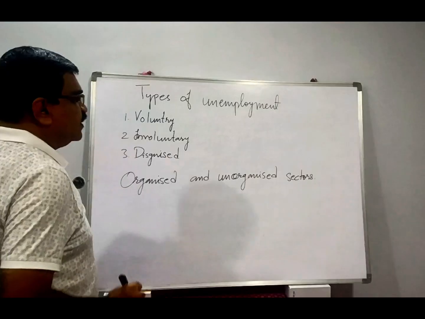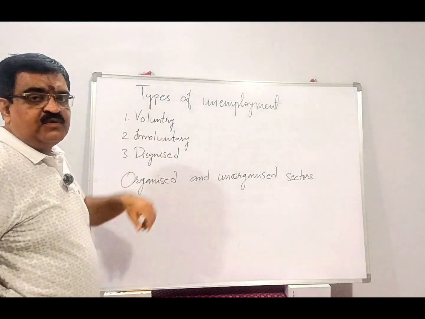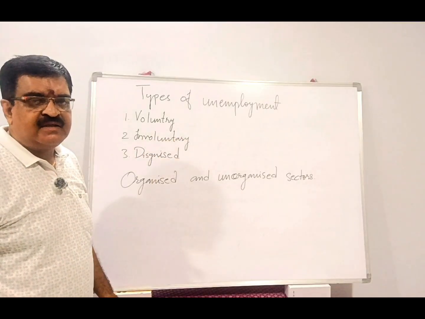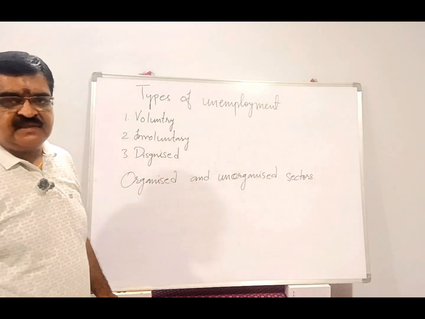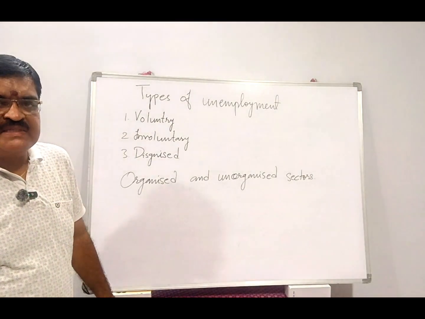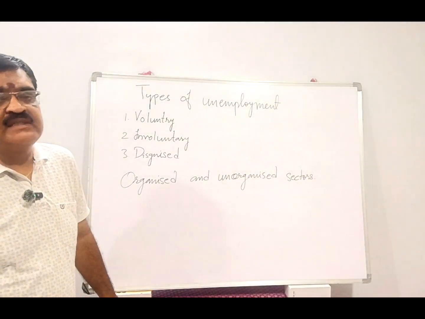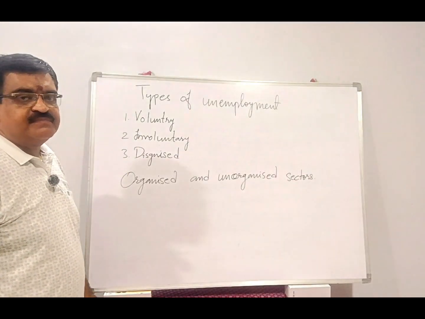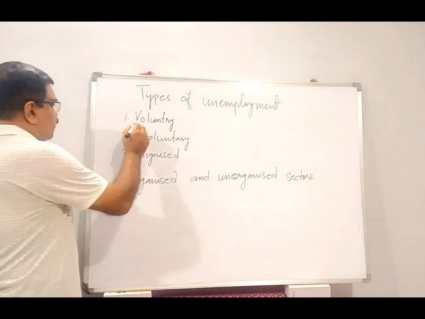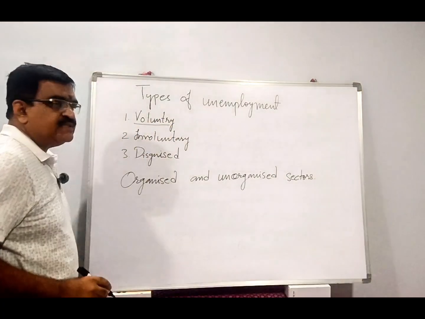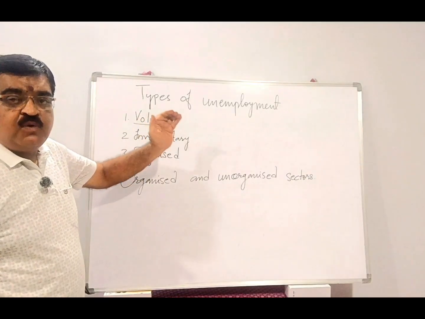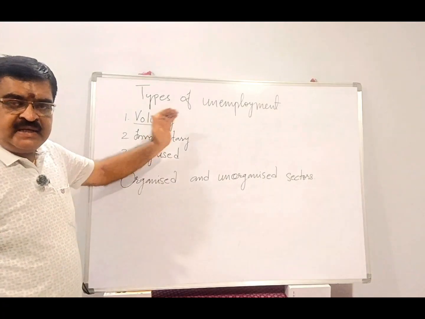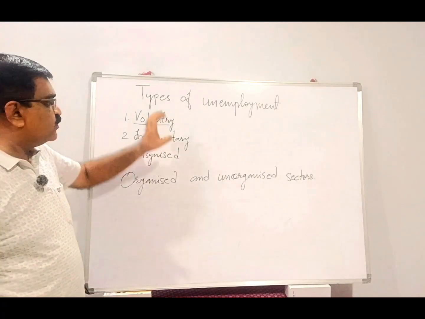unemployment. Now you see, when there is a question of employment either in primary or in secondary or in service sector, there is the next question of unemployment also. So when we discuss employment, we have to discuss unemployment also. Now you see, 3 types of unemployment will be there generally. First one is voluntary unemployment. Voluntary means when a person himself doesn't want to do any work and to earn any income. That is called voluntary unemployment.